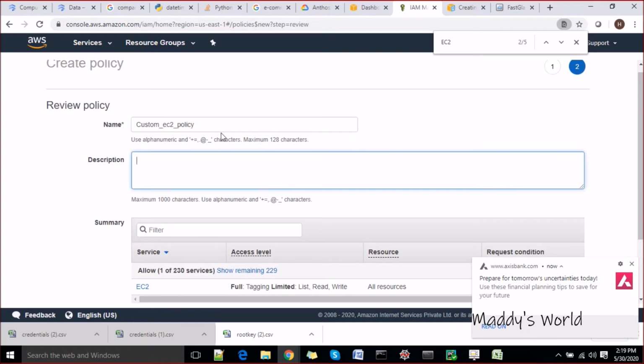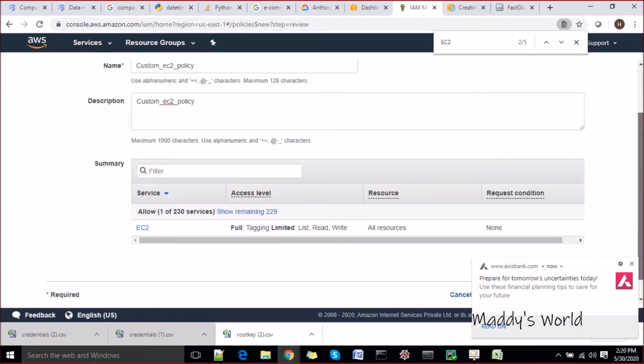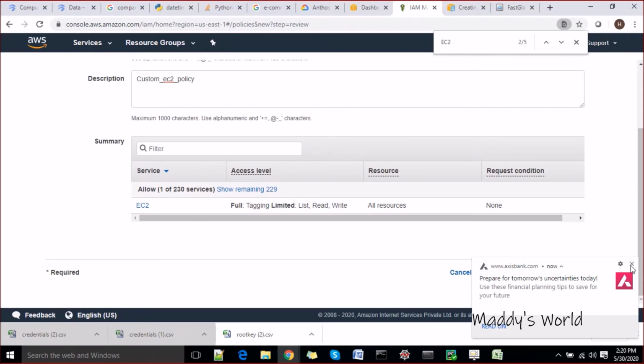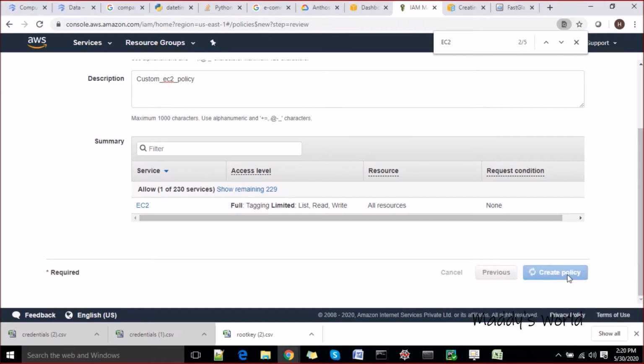Whatever name you want to give, let's say I'm going to give the same name here too. Create policy. You can also modify the policy later if needed.